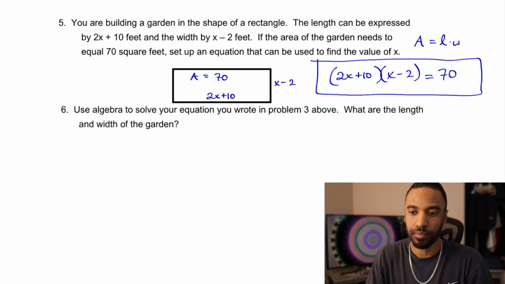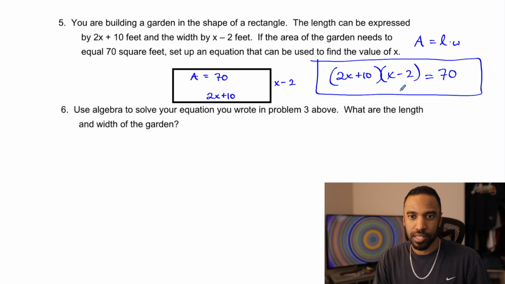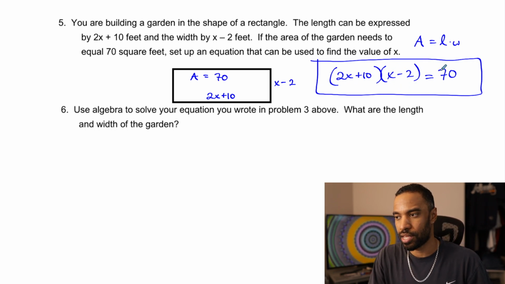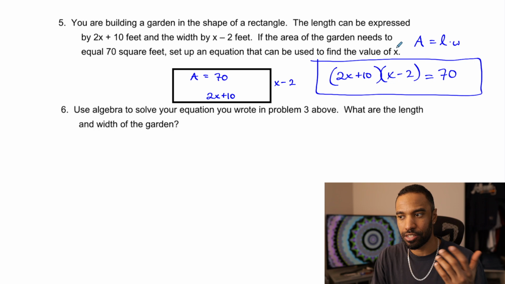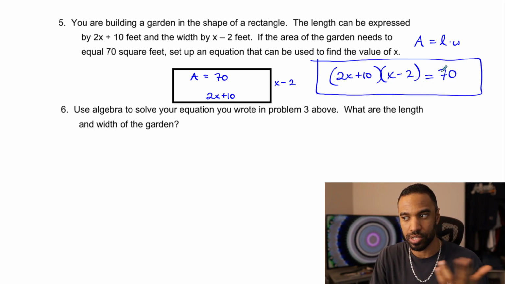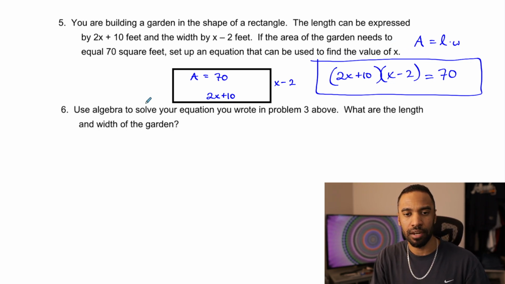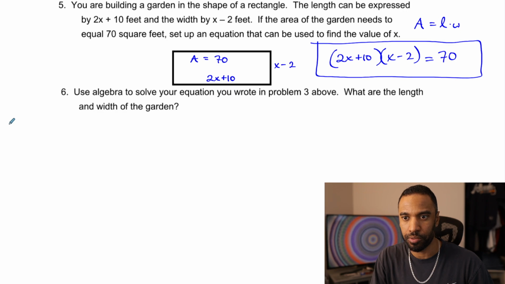All right. So use algebra to solve your equation. What are the length and width of the garden? Now the thing is, this is already factored, but it's not set equal to 0. So therefore, I can't use the zero product property on something that's not set equal to 0. I can't even say this equals 70 or this equals 70. That's just not true. So what I have to do, it sounds backwards, but I have to distribute and expand